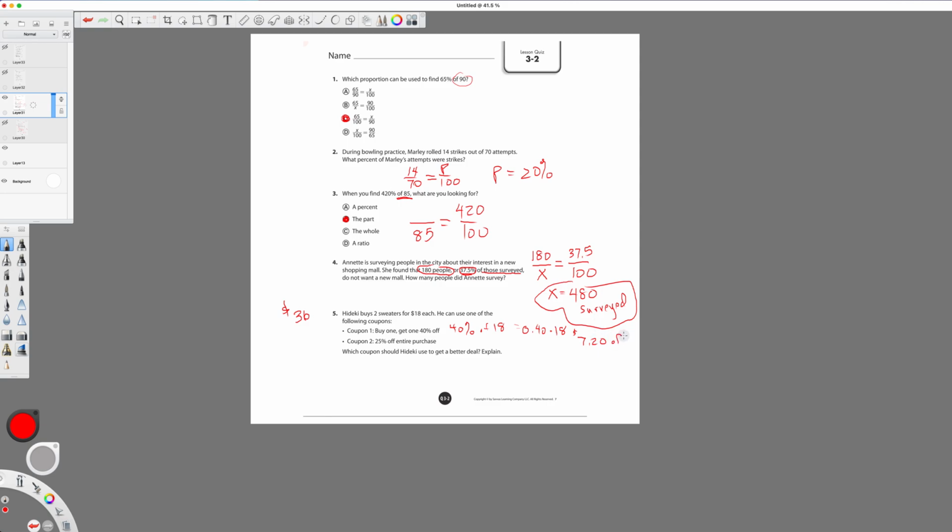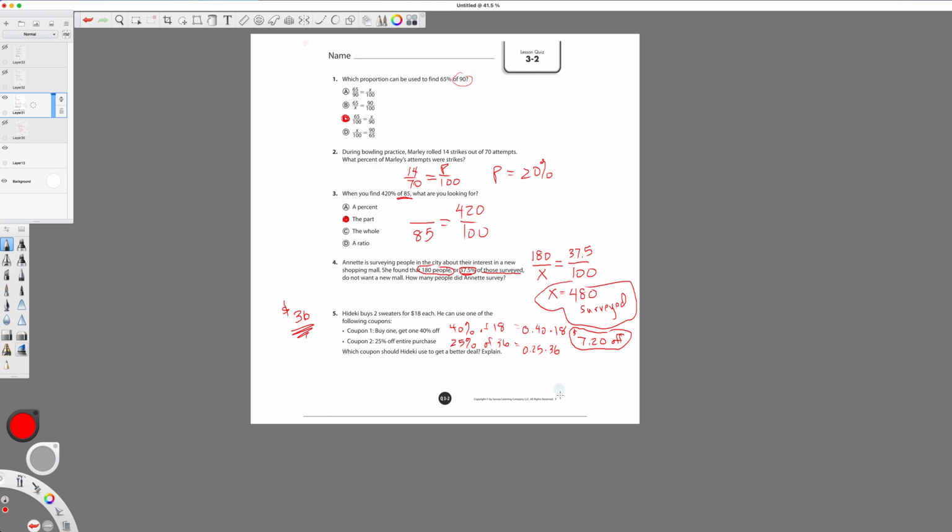That's how much off. So if he goes with coupon 1, they're going to take $7.20 off. However, if he goes with coupon 2, they take 25% off the entire $36 purchase. So if I want to find 25% of 36, that's 0.25